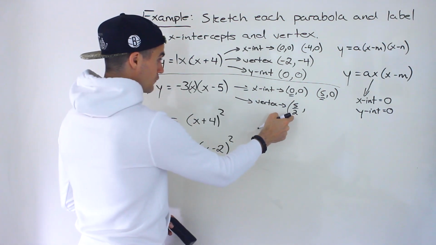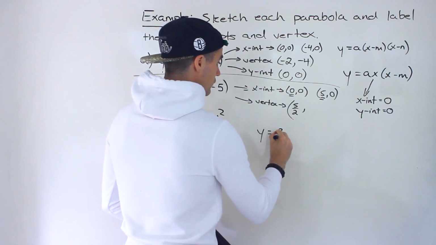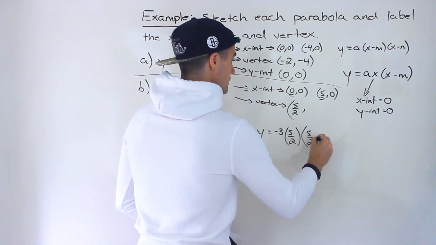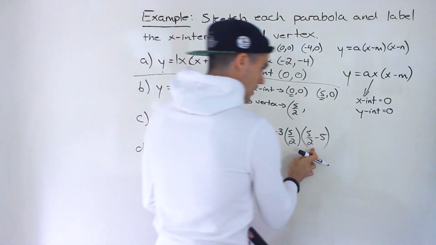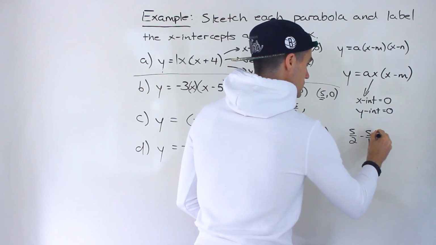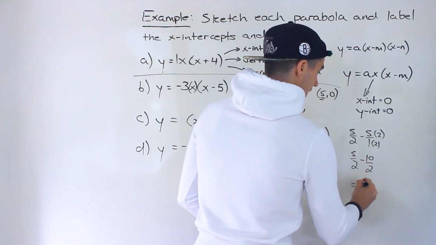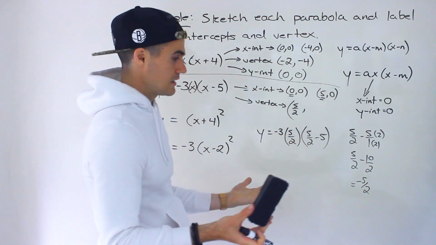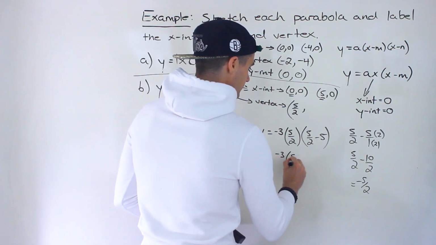Well, we could plug in this 5/2 for the actual equation to get the corresponding y value. So we'll have -3 times 5/2, and then we'll have 5/2 minus 5, like that. So from here, let's work with this bracket first. So we'll have 5/2 minus 5/1. We can multiply this by 2, multiply this by 2, 5/2 minus 10/2, which would give us -5/2. That makes sense. 2.5 minus 5 gives us -2.5. So this bracket would be